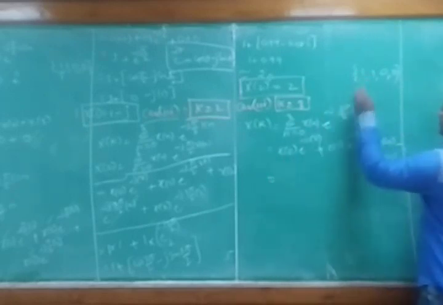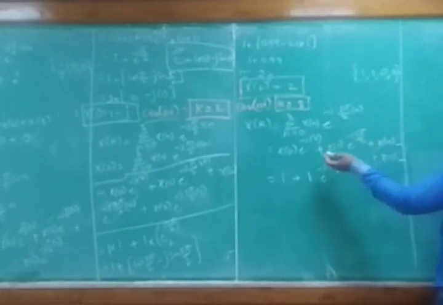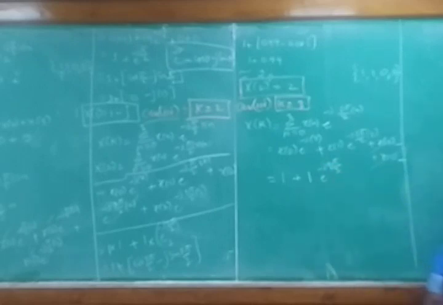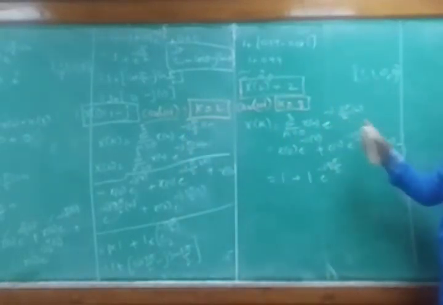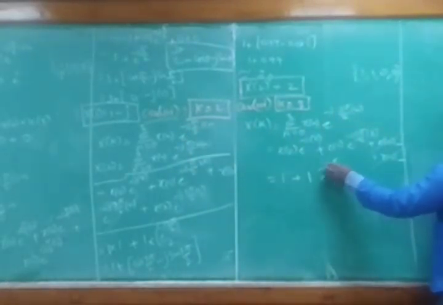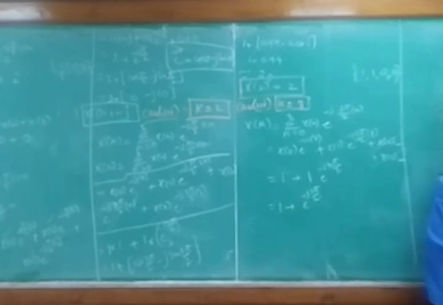So x of 0, what is x of 0? We have 1 plus x of 1. What is x of 1? Again 1, e power minus j 3 pi by 2. Again we got the same because that number we put here also. What is n here? So n we substitute here is what? 3. So 3 times 3 is 9 pi by 2, because the n value we had is 3, right? The k value we got is 3, that we need to write, or else you keep this n as 1 only because we put it already, right? In the question it's j pi by 2, that is 3 pi by 2 we had. So it is 3 only. So what I write: 1 plus e power minus j 3 pi by 2. Since it's the same as the previous one, this answer is approximately equal to 2.